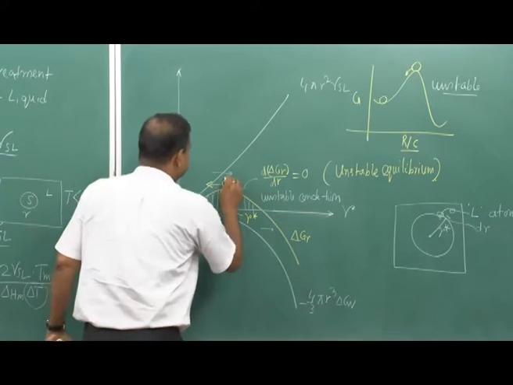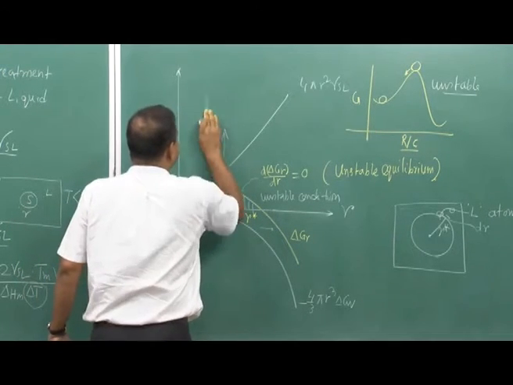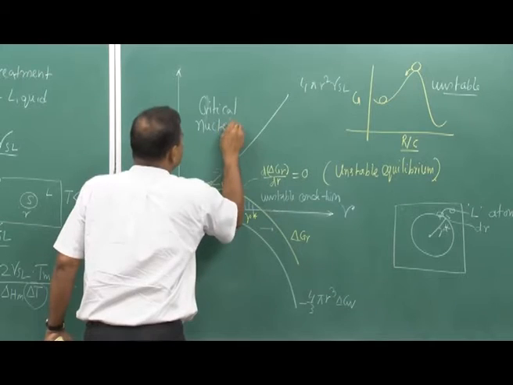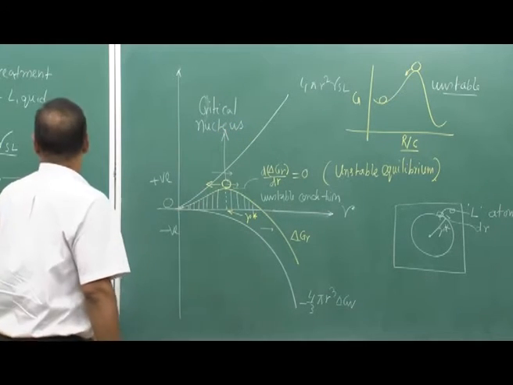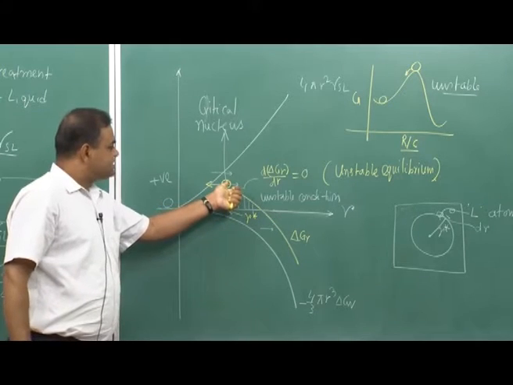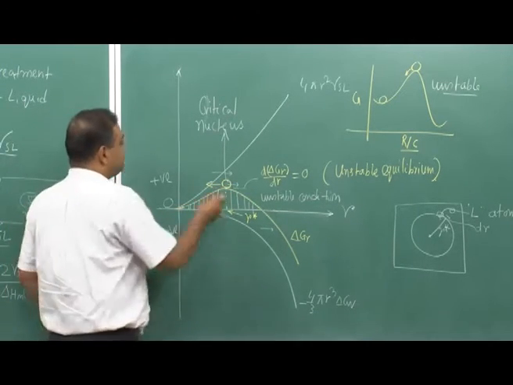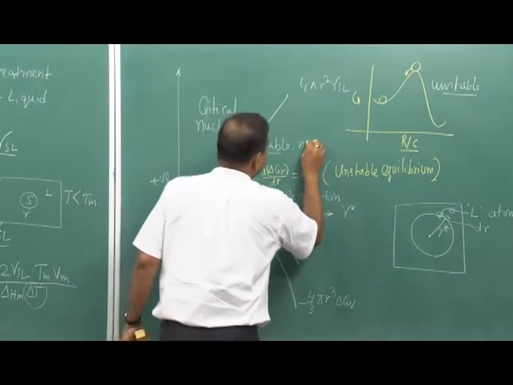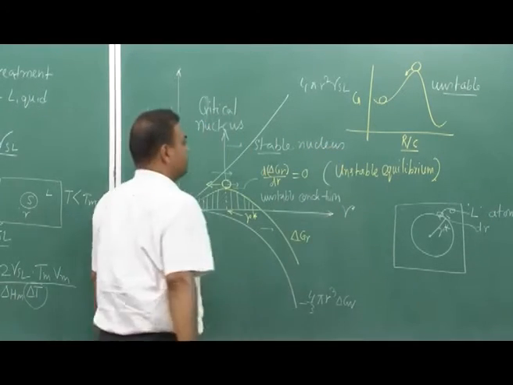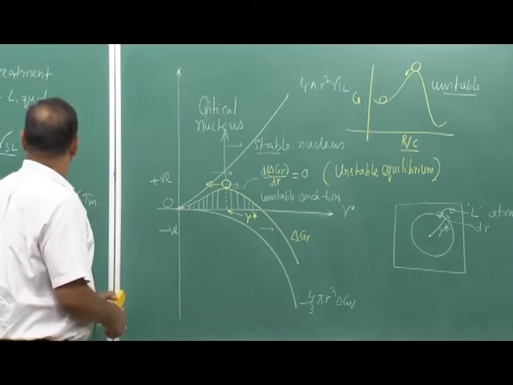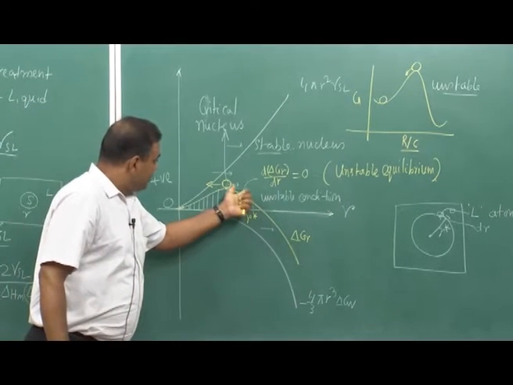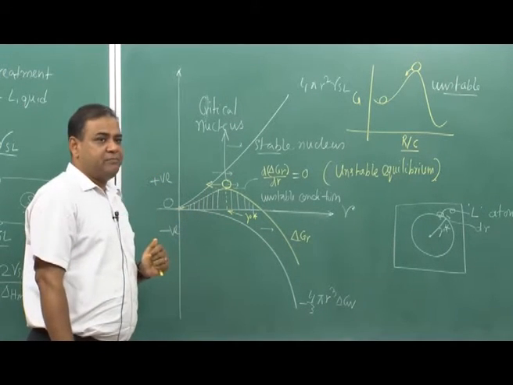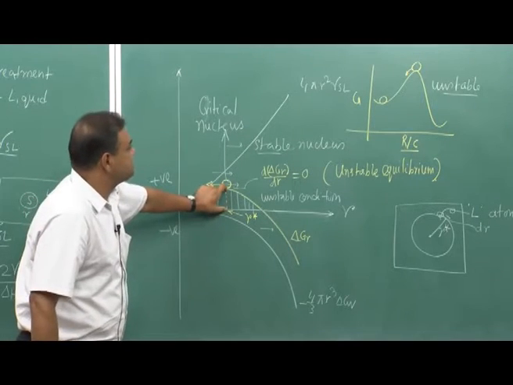Okay. So, that means this is critical nucleus, we call it critical nucleus. And once it goes to the other side, it becomes stable. So, this side is stable nucleus. Stable nucleus. Now, since this is staying on top of it, which is unstable equilibrium, and this is also another interesting part,